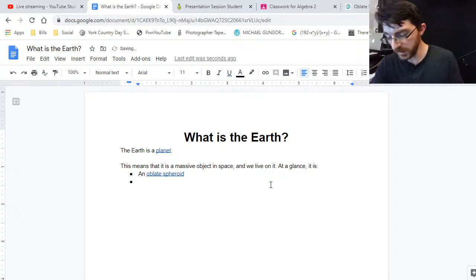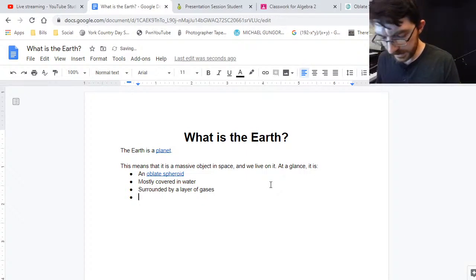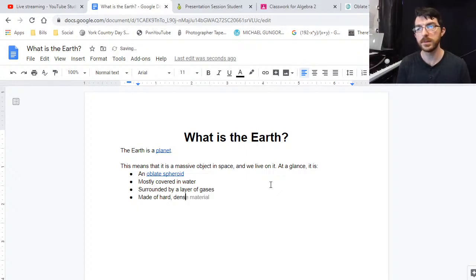So that means it's almost perfectly spherical, but not quite. Mostly covered in water. Surrounded by a layer of gases. And it is made of hard, dense material, solid on the surface, molten on the inside. Okay, so this is like